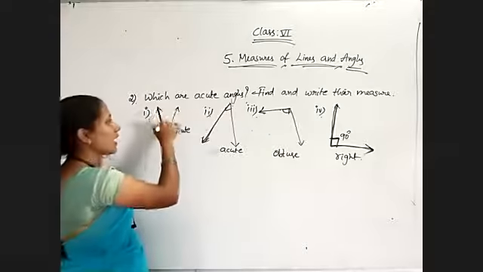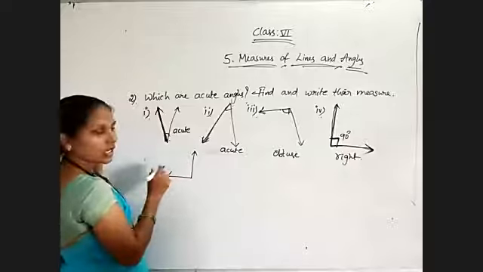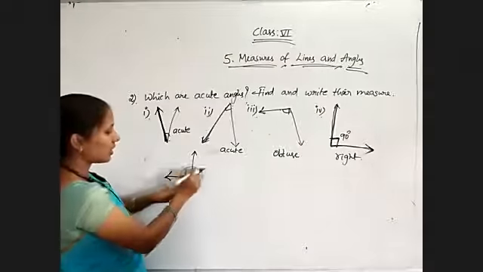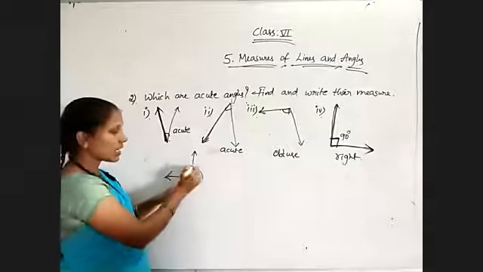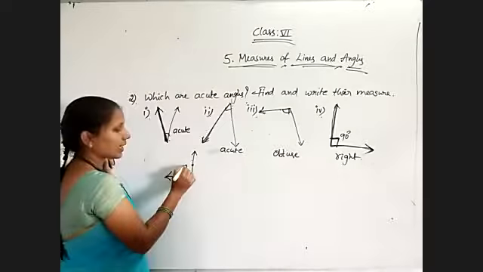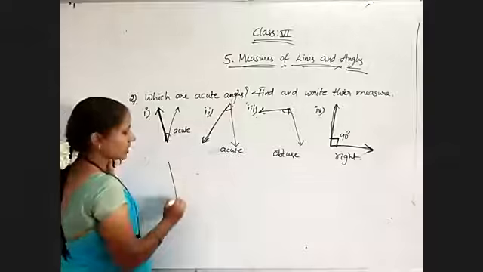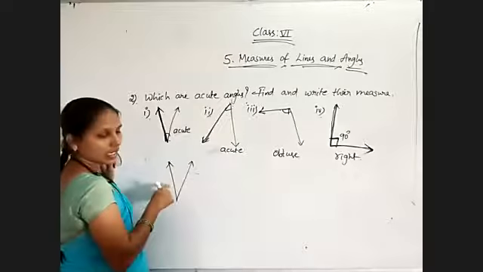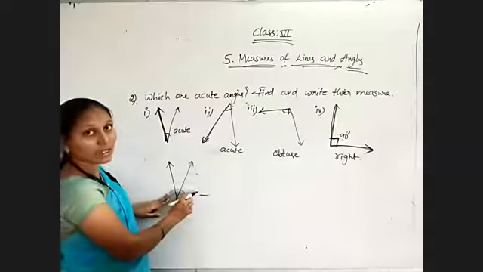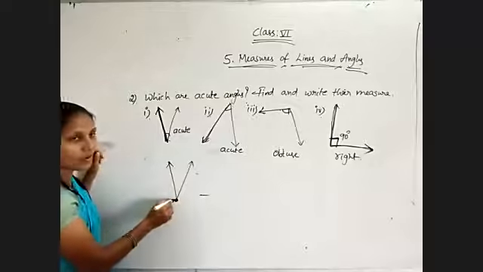What I told you: take any one of the arms for this angle. Wherever the corner is, at that place I set the protractor and take this one as the base. Where is the other arm lying? If it is compulsorily at 90 degrees, it is a right angle. But can we measure if we place the protractor straight like this? Is that the correct way to find the angle? No. Wherever the vertex is forming, just observe.